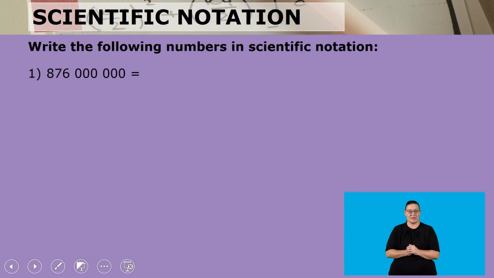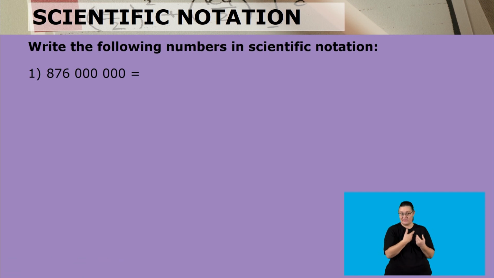Let's look at more examples. So again, we are going to be writing numbers in scientific notation. The first number that we've been given there is 876 million. What is the decimal that you think we are going to write there between 1 and 10? Are you thinking of 8,76? Because you would be absolutely correct. Remember, we are going to multiply this by a power of 10, and we need to count how many tens we are going to multiply into 8,76 so that we can get to our number of